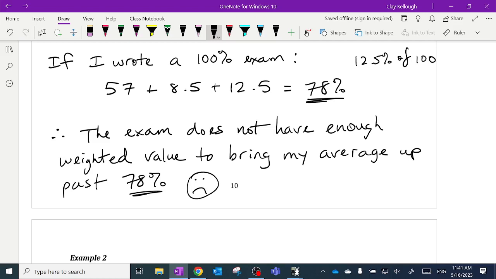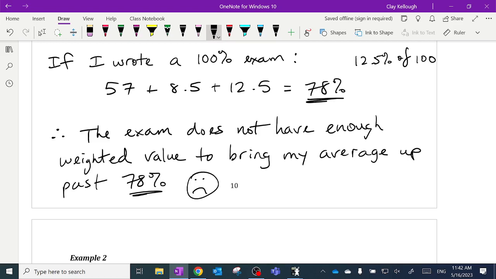The problem with that is, suppose I put in lots of effort at the end of the course and I work really hard, I study, I do lots of practice, and then my exam can't bring me up very much because it's not worth enough. Why would I bother doing all that work when it can't move the needle very much? So there's a very big drawback to not making an exam worth like 30% or 40%. Some courses might even say, tell you what, if your exam mark beats your term mark, we'll let you have that as your final grade. We used to do that here for pre-calculus. I don't think we're allowed to do it anymore.